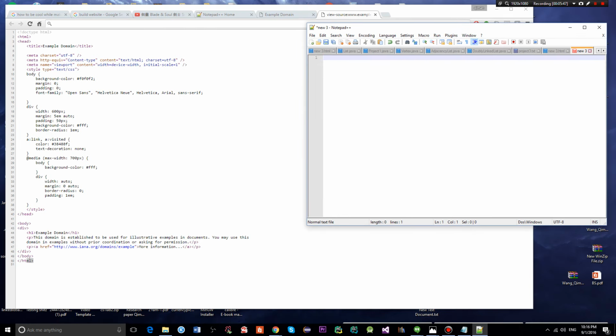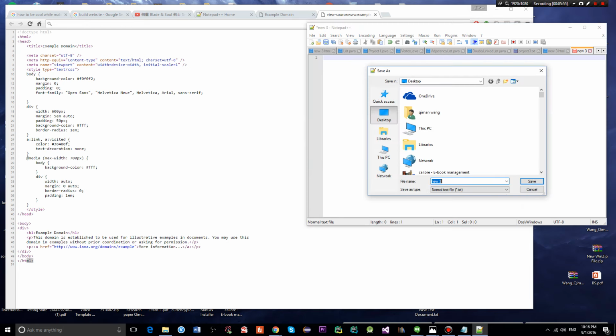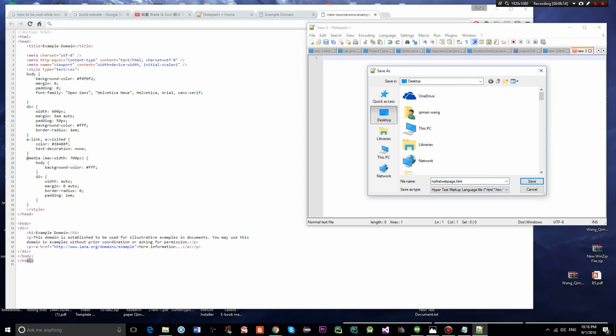For example, before that, you have to make a HTML file. So you go to File, you save as desktop, and you want to name this as HTML file. So my first web page. Okay, my first web page, and over here we're gonna find HTML. So look, this is what HTML stands for: Hypertext Markup Language. HTML, save,